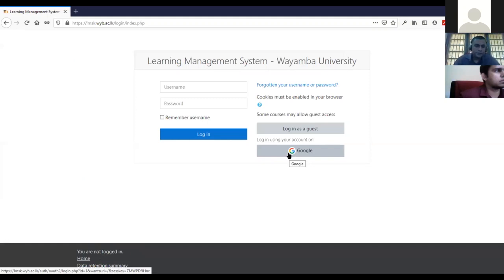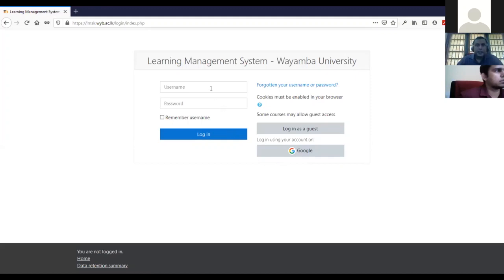So this is open for all the staff members in the university, even staff from Makandura premises can use this method to log in. But the only thing is, if they want to access a particular course, the accessing permission or the enrollment should be given. That's the only difference. Now that goes for all the users of the LMS. Everybody who has wyb.ac.lk emails can access the LMS, but they have to ask to be assigned to a particular course, otherwise they can't access the course materials. So that's how it works.